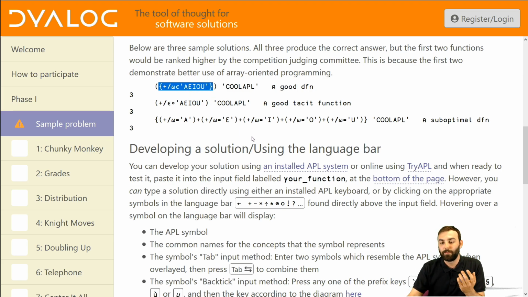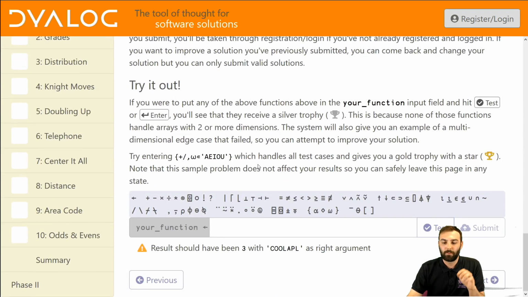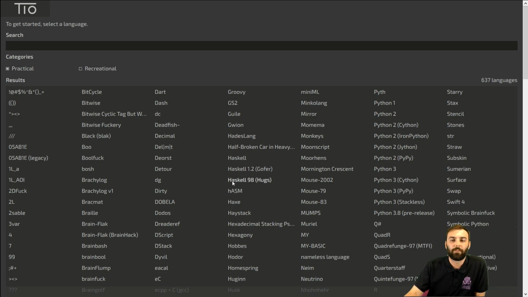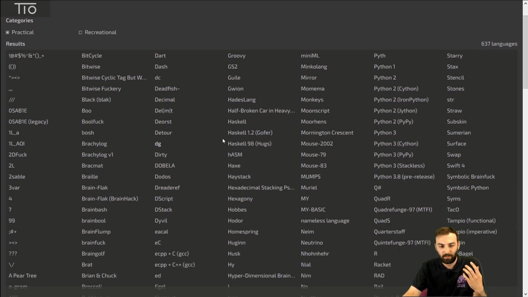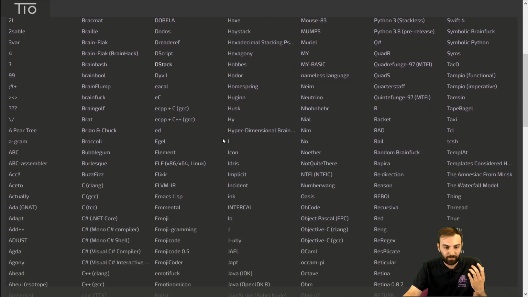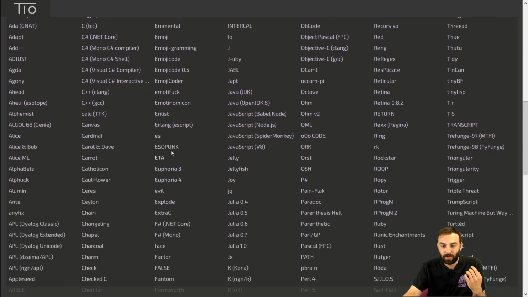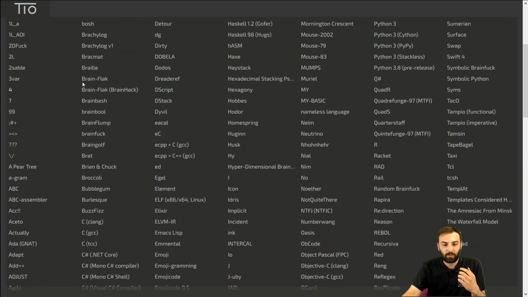And this year, for the first time, we have automated validation of our phase 1 entries thanks to Try It Online. Now, Try It Online is a family of online interpreters for a whole slew of programming languages. I mean, I don't know all of the programming languages, but this seems like most of them. So if you want to try out different styles of programming, go to tio.run and you can try all of